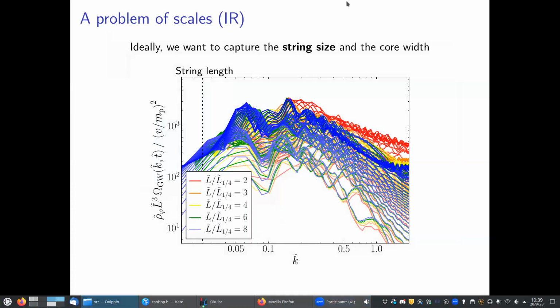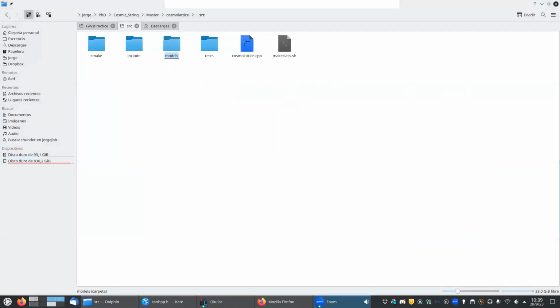For example, usually what we do are these leapfrog and these velocity Verlets that we were discussing on Monday and Tuesday. So you have this conjugate momentum, and then you have a kernel to evolve the conjugate momentum. So in CosmoLattice, these kernels are in, let me show it. So in CosmoLattice, what you have is